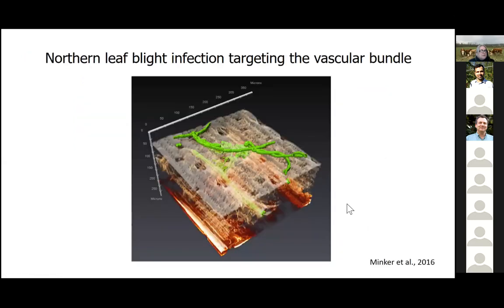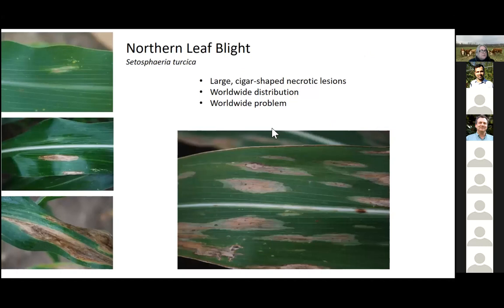And here's a beautiful 3D image from Randy Weiser and the NSF plant disease group, where you have a spore that landed on leaf tissue. And the really interesting thing about northern leaf blight is it targets the xylem. And in other studies with the southern leaf blight, and Peter can attest to this too, the southern leaf blight kind of stays around in the mesophyll a lot longer, but northern leaf blight really does target the xylem, and the xylem's where the lignin is. So that's an interesting point.